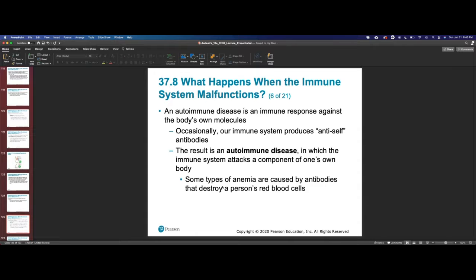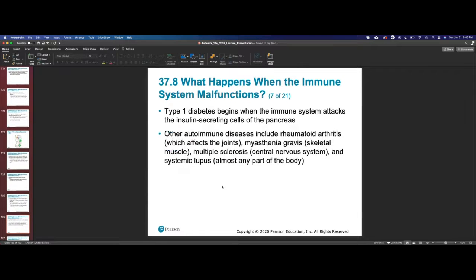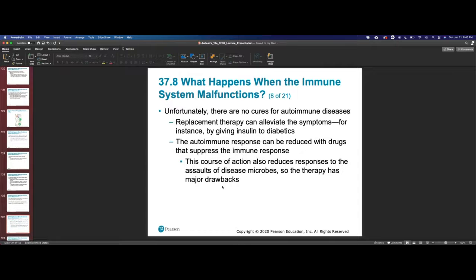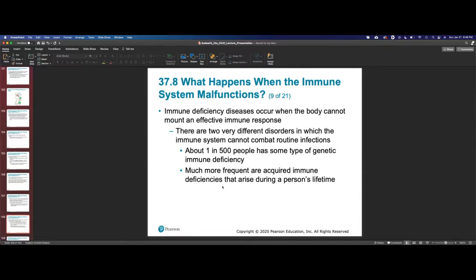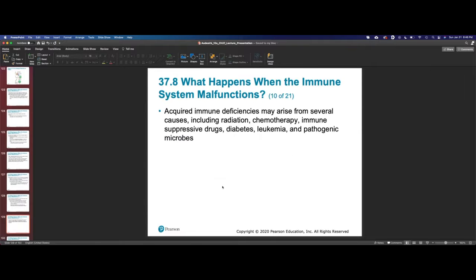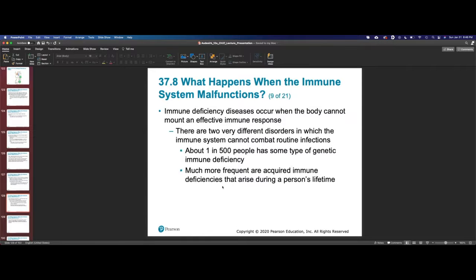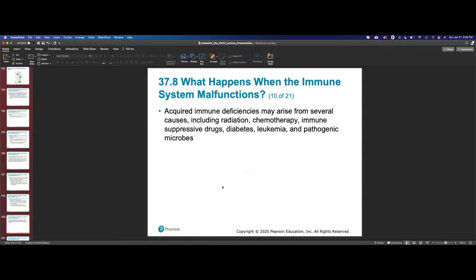And of course, your immune system can, in some rare cases, not properly develop, and it can either attack your own cells, and there aren't really good treatments for that, or it can fail to develop properly and not really fight off anything. So that would be an immunodeficiency problem. It can be triggered, or it can be genetic, and you can have it from birth. So it's congenital.